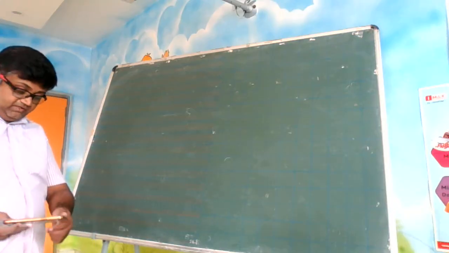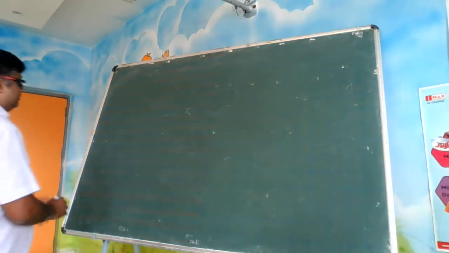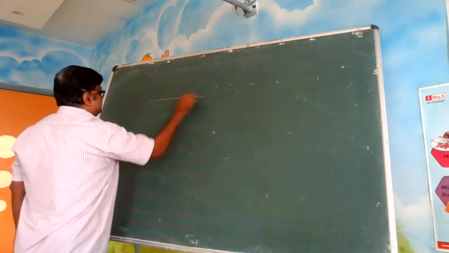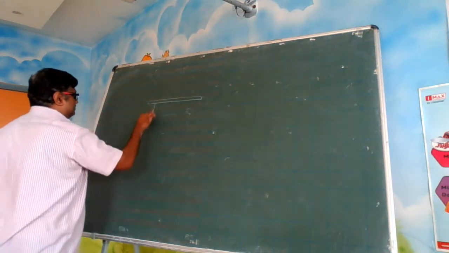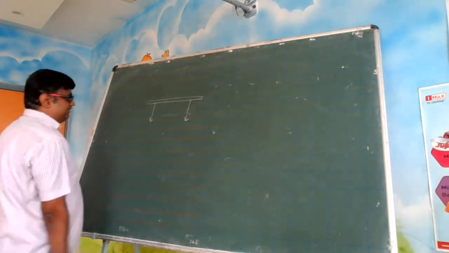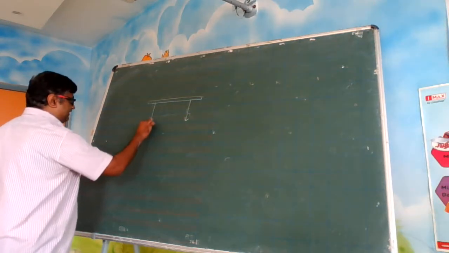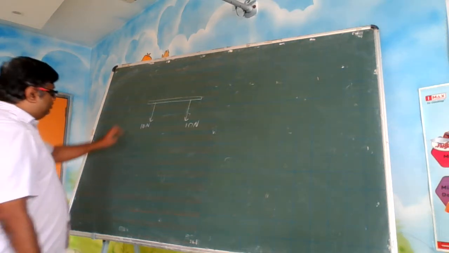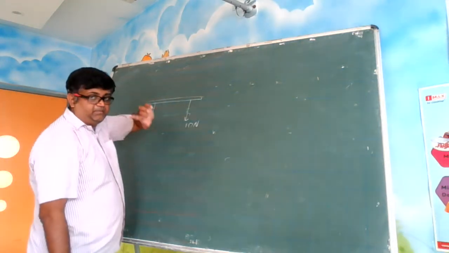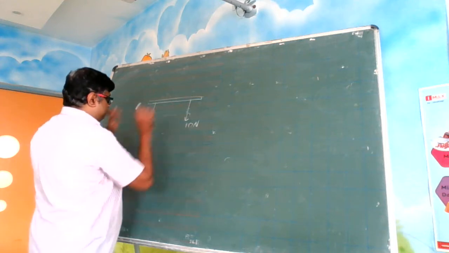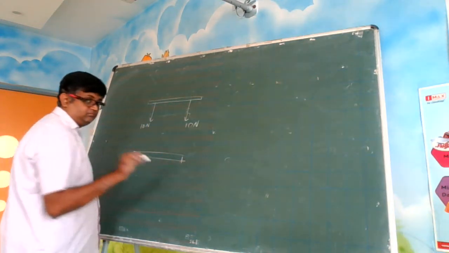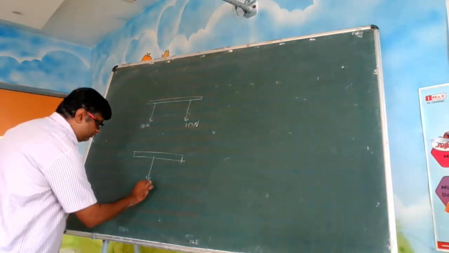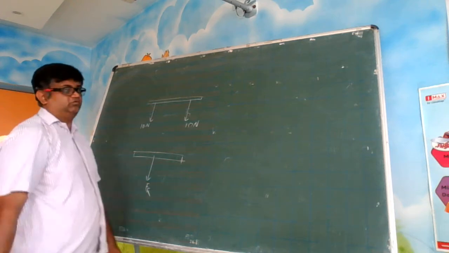So let us look into another concept. Suppose I tell you that there is a metallic rod like this. Some force is acting here, some force is acting here. Let us say this is 10 Newton force acting here, this is 10 Newton force acting here. ध्यान से सुनिए. तो ये दोनों फोर्स क्या है? सिस्टम ऑफ फोर्सेस है. Can I replace these two by a single force? Again here, yes, I can replace these two forces with a single force, which is the resultant force.